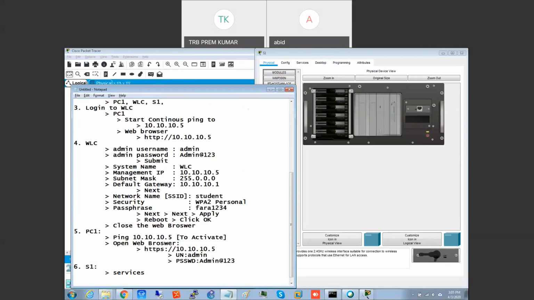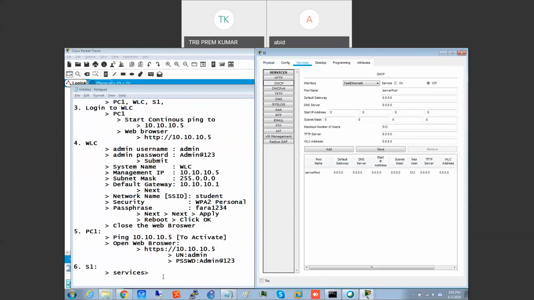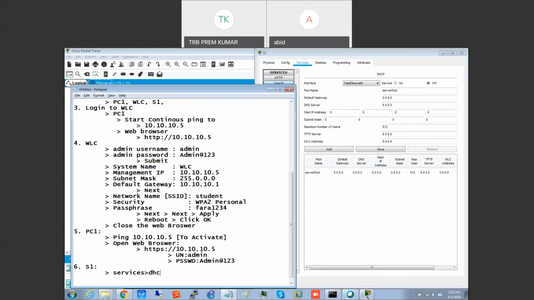In the services, I'm going to DHCP. In the DHCP, I am going to start with the default gateway. Default gateway will be 10.10.10.1.